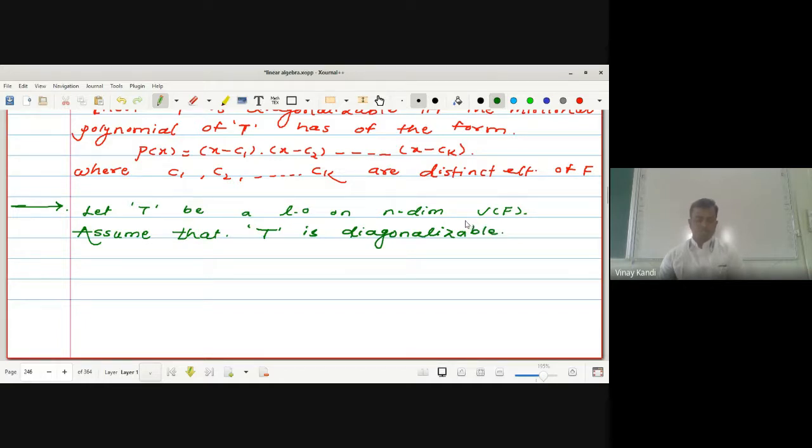If T is diagonalizable, then by the definition of diagonalizable, there exists an ordered basis beta for V such that the matrix of T with respect to beta is